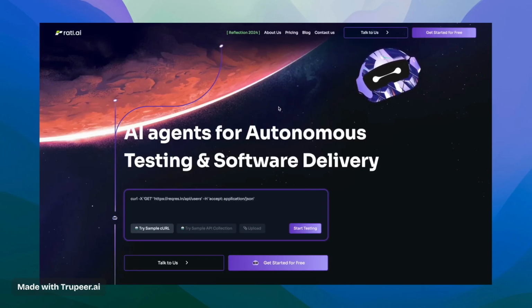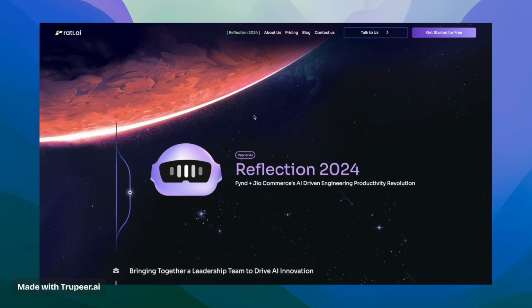Today, I'll be giving you a quick demo on how swiftly you can set up a boilerplate framework for testing APIs. But before we dive into that,